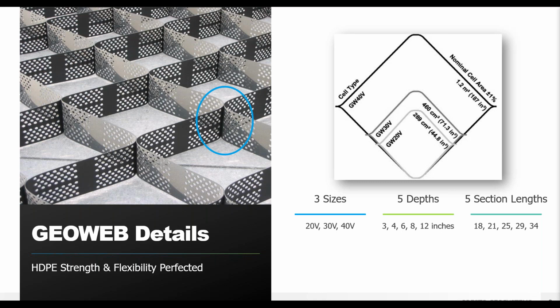The GeoWeb system is produced using high-quality virgin high-density polyethylene, HDPE resin. This gives consistently strong welds at every cell junction, while also maintaining semi-rigid ductile properties within the cell walls, and offers high-stress crack resistance and overall toughness and long-term durability in the environment. So our GeoCells do not use any fillers or exotic polymer alloy blends, anything like that, because they can ultimately reduce your weld strength and your environmental stress crack resistance.